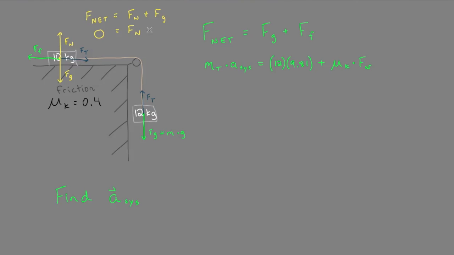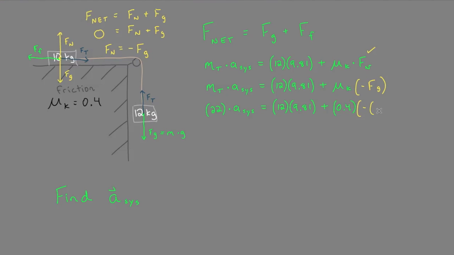That allows us to write an equation for the normal force in terms of the force due to gravity. It's the negative. They're opposite directions. Now we can substitute for that in our previous equation, times negative force of gravity. Now let's substitute for all the values, where we have mu k is 0.4. The total mass would be 10 kilograms plus 12 kilograms, or 22 kilograms. And negative Fg,